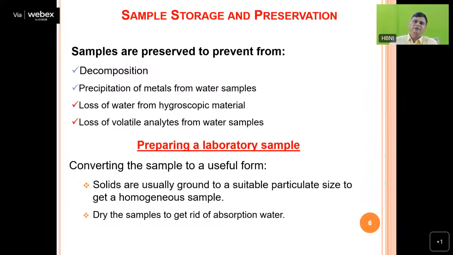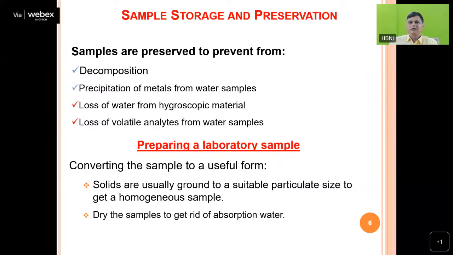Okay, so why does the sample have to be preserved to avoid decomposition? Precipitation of metals from water samples, loss of water from hygroscopic material, loss of volatile analyte from the water sample. See, loss of analyte for volatile elements is not only for the water sample, it can be from the solid sample also. For example, you are supposed to do the mercury analysis in soil samples and you have brought them into